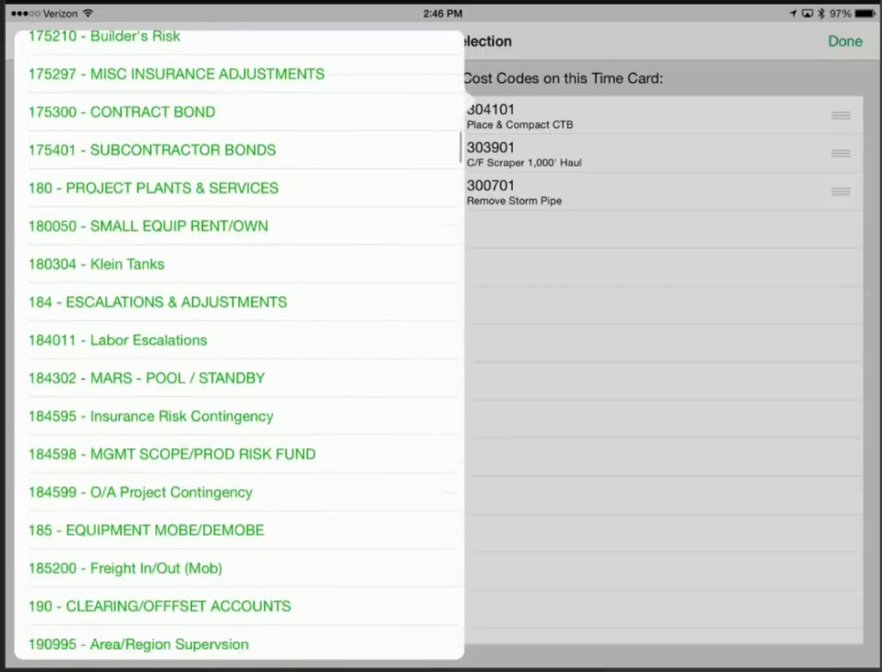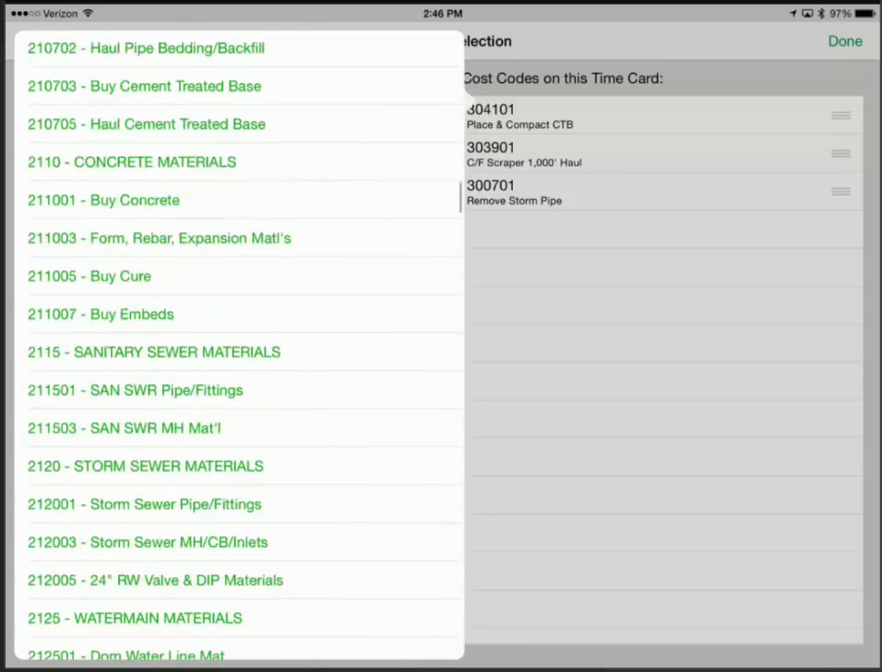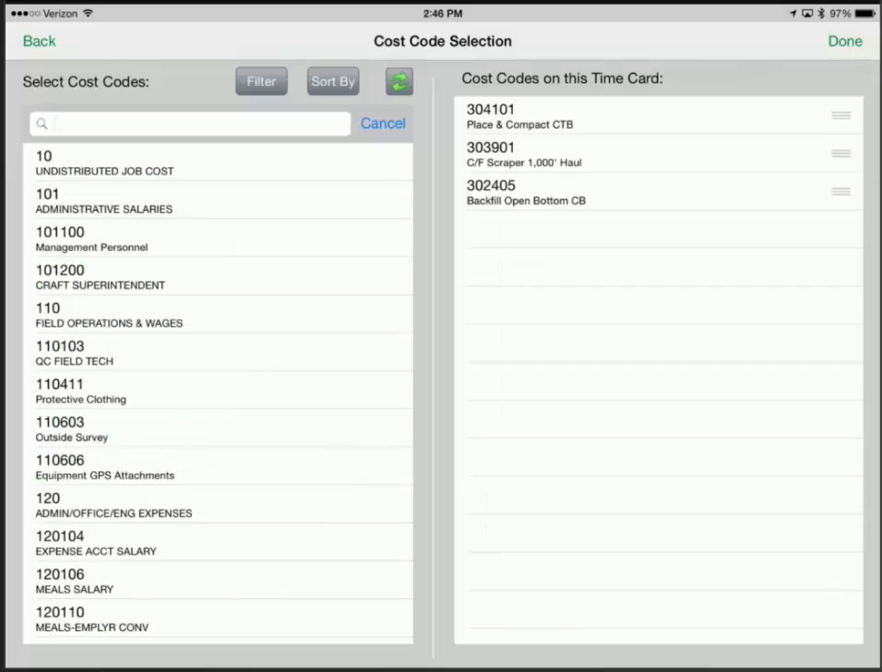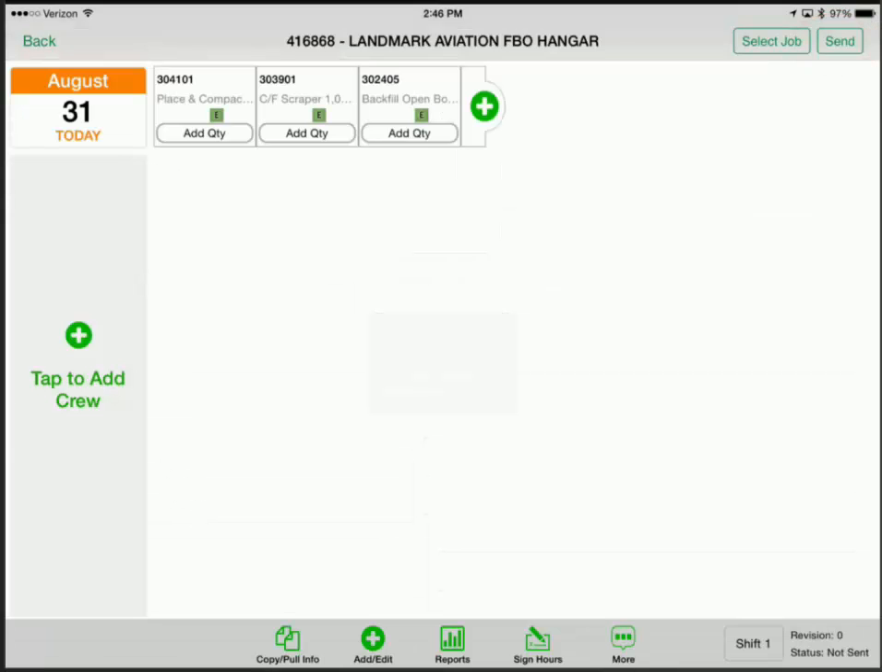There's no search here, but once you find the code that you want to replace the original code, tap on it and it will replace that code and it will keep your employee and equipment hours on the time card. And that's it for adding the cost code. Once you have your list built, tap done, and you'll see all of those cost codes added to your time card. To continue with the process, I'm going to tap on the box that says add quantity for that first